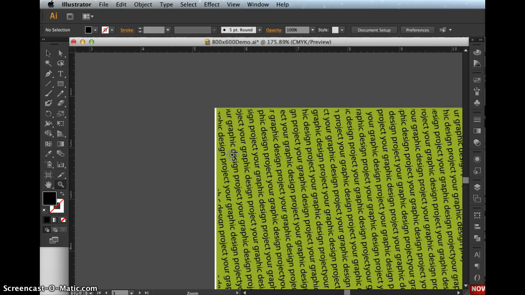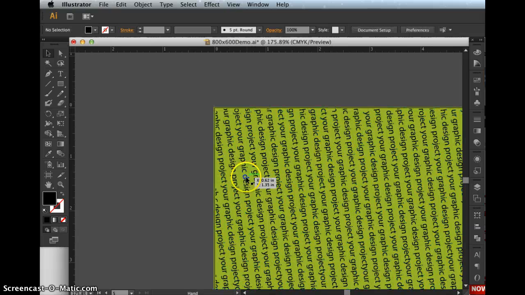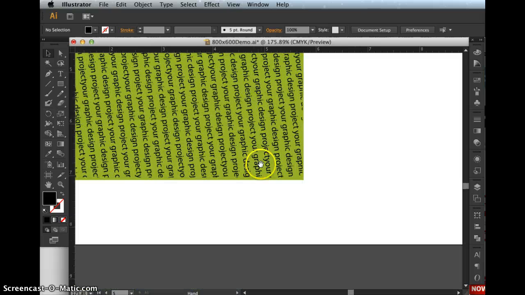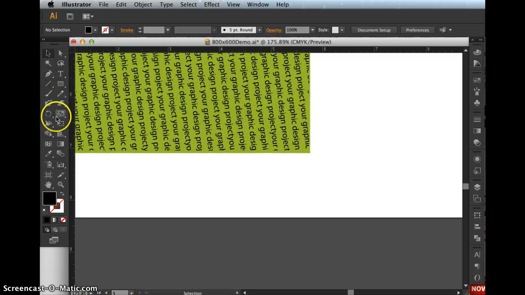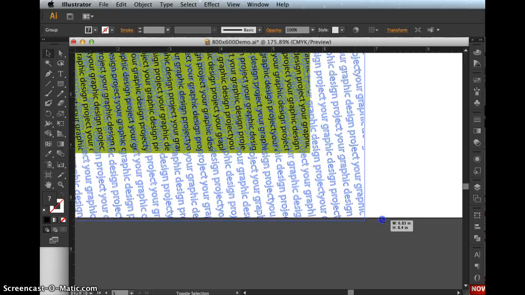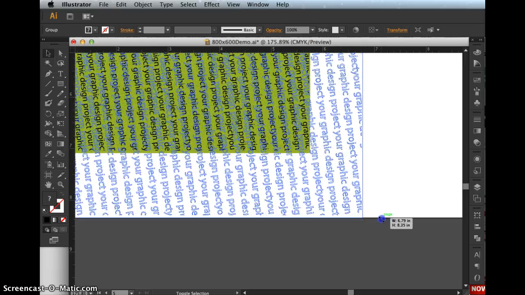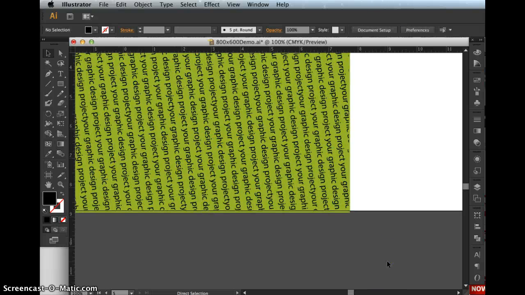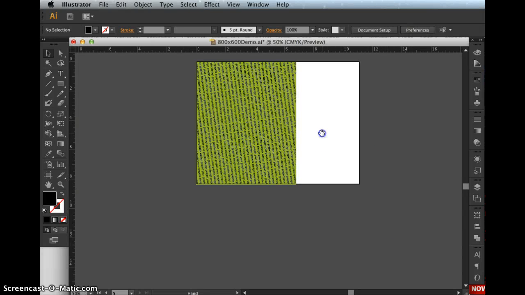So here we go, just making sure that we are just slightly over there, and then we want to get down to the bottom corner here, go back to the direct selection tool, hold down the shift key and go just over, and Command minus,